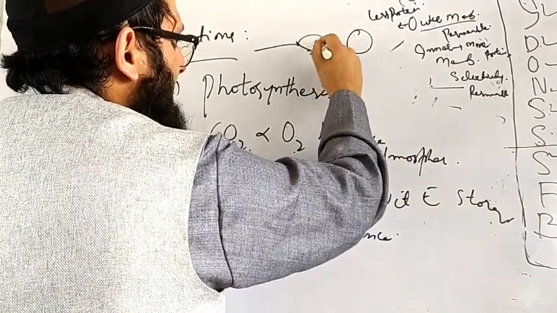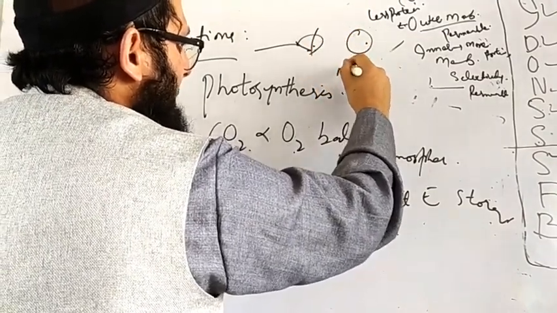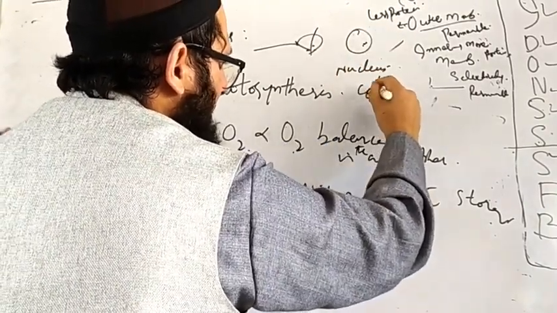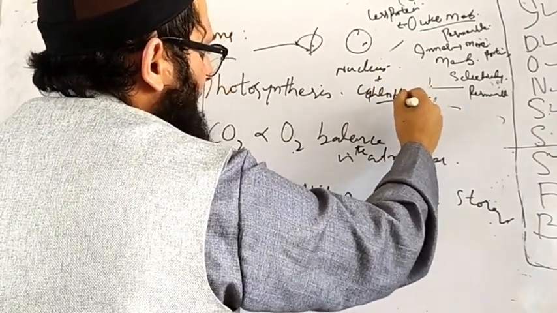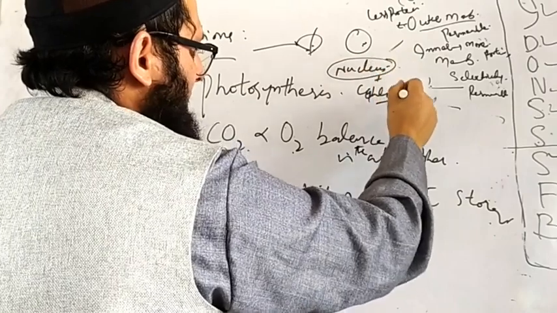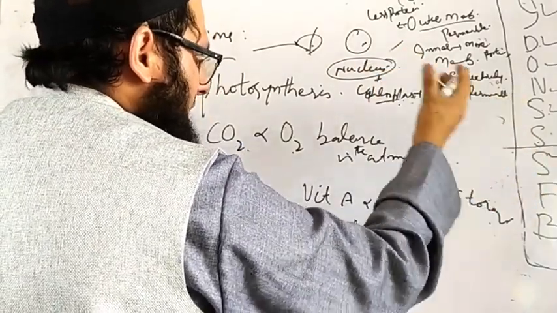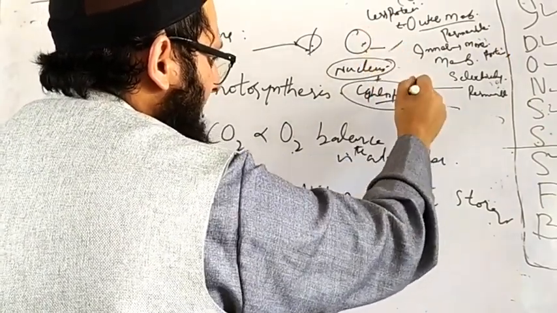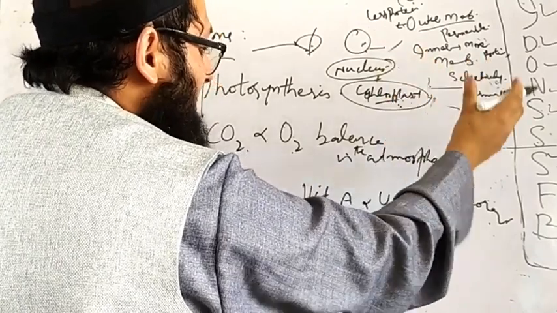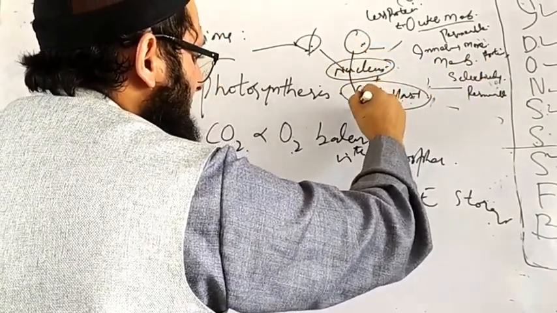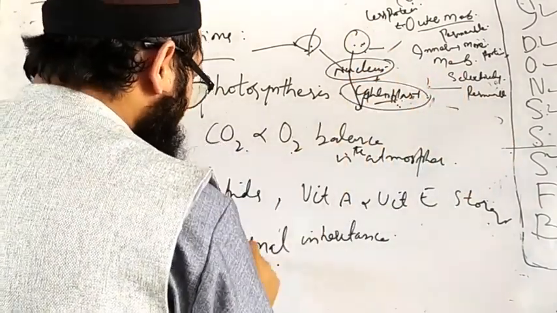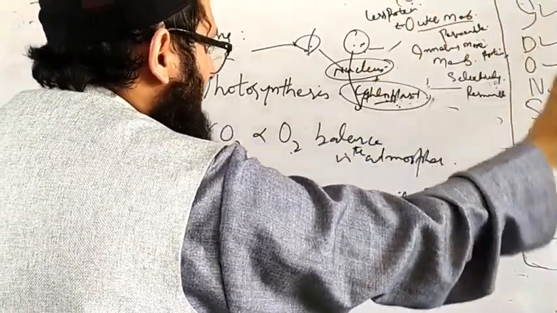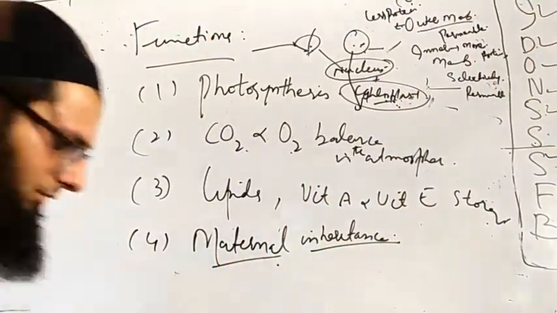The part of the sperm that fuses with the egg is actually only the nucleus. Other things come from the mother, even the chloroplast. So from the father there is only the nucleus, from the mother there are all the things, the chloroplast, everything. The mother's chloroplast has some DNA genes, and these genes are transmitted from the mother to the offspring. That's why we call this maternal inheritance, because some of the genes present in the cytoplasm are transmitted only from the mother to the offspring. This is all about the function.